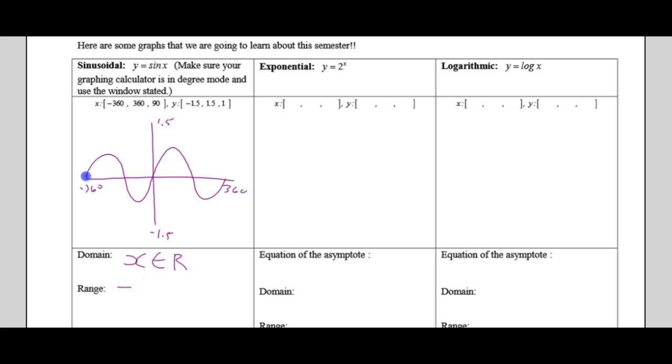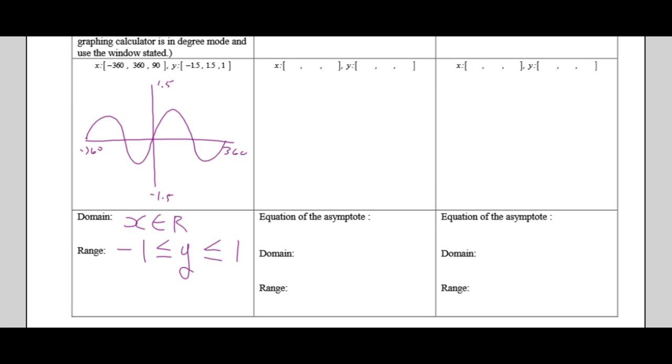And the range, I'm going to give you this one. It's between -1 and 1. This is how we write it. We go -1 is less than or equal to y, which is less than or equal to 1. It's just a fancy way of saying the y values are between -1 and 1. Get more important as we do